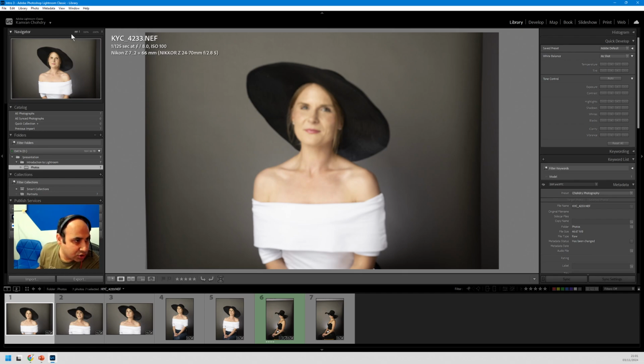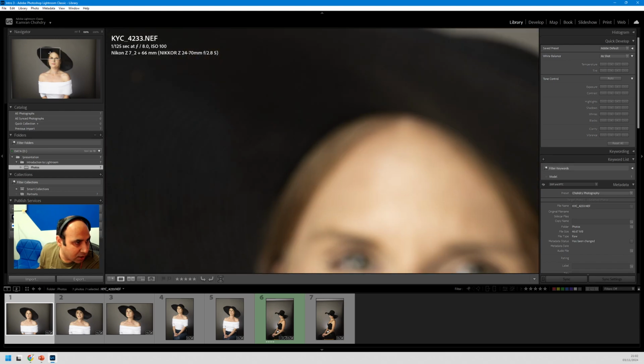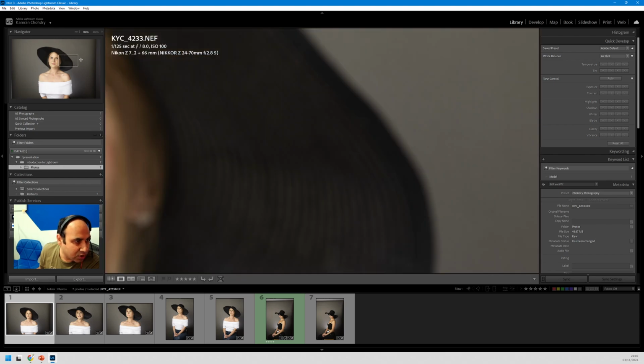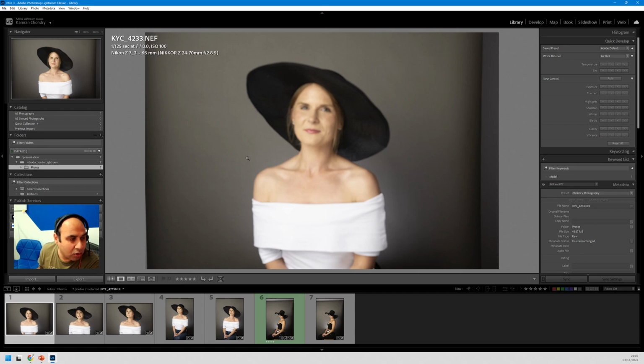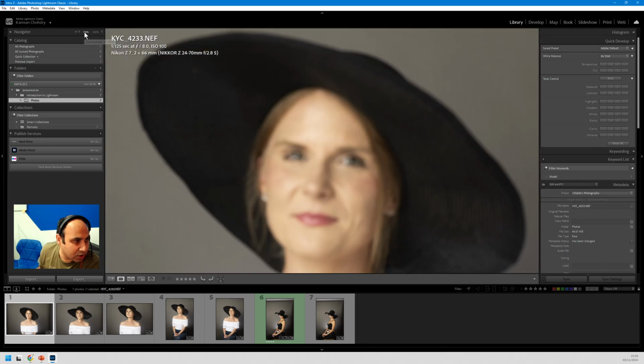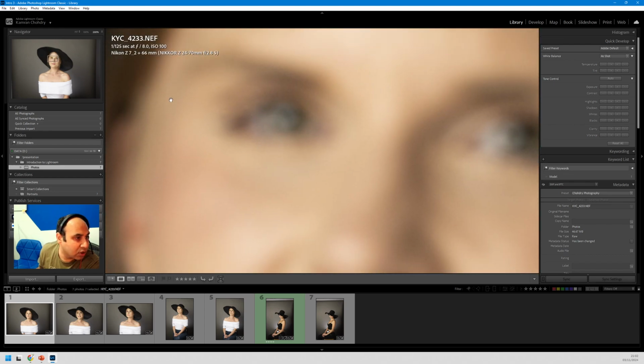Now, if I change my zoom, which is the default mouse option for me, that I've got this magnifying glass. If I click that, so I've zoomed into this image. So I can see right over here on the left, this is showing me what part of the image is being zoomed. So I can click anywhere to see various parts of the image. So that's your navigator. It allows you to jump in the image in the right place. You can always click fit to fit this whole image in one screen, or you can click 100% to show it at 100%, or you can click 200% if you're actually pixel peeping any image. Okay,